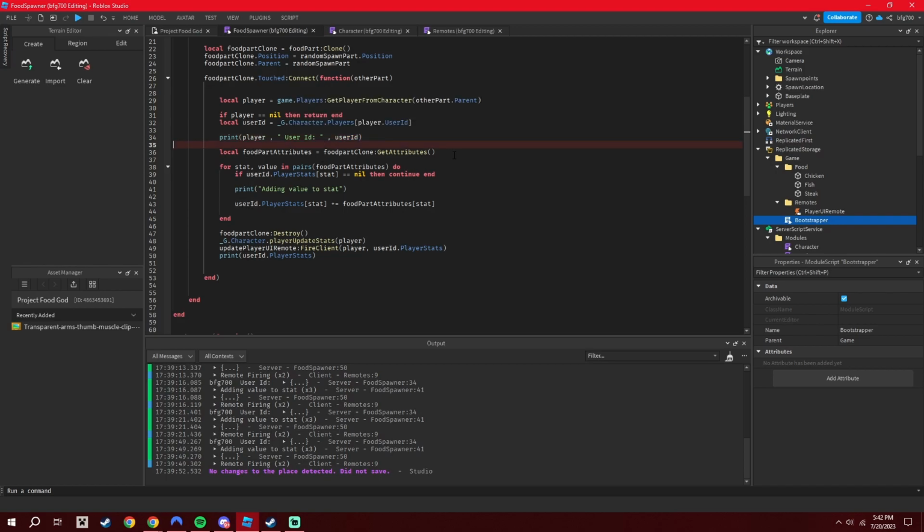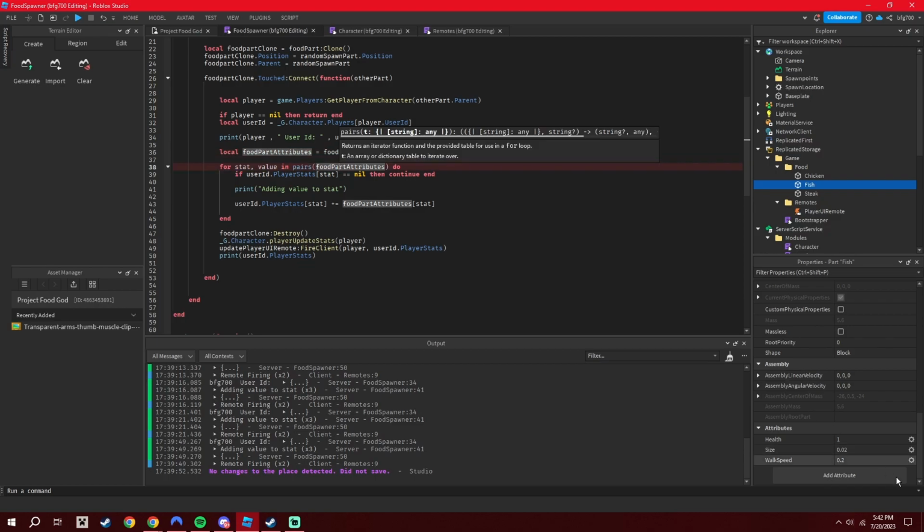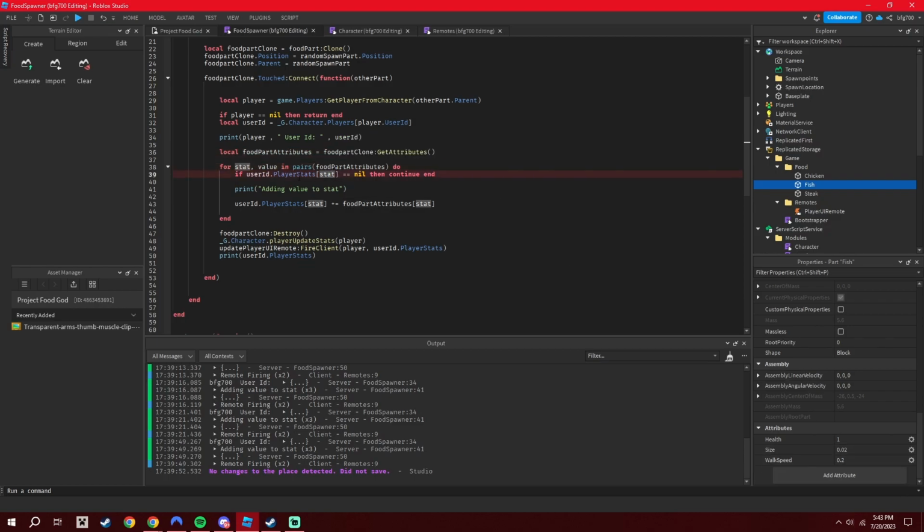Food part attributes is just all the attributes on the thing I just showed you guys at the start. Just getting all the attributes off of that. And then if the user ID player stats equal to nil, they continue. So if the food attribute stat, which would be health, size, walk speed, is not, if the user ID player stat is not health, if it's not equal to... so I had name in here, and since name is not a thing, it would give an error. So I did this before, which is a good thing to have. So if any of the stats on the player stat is not equal to the attribute, then